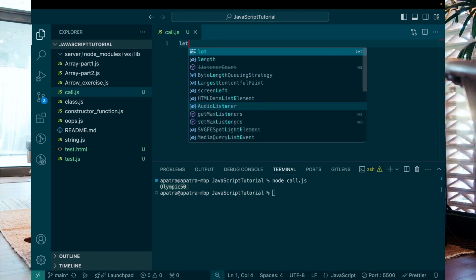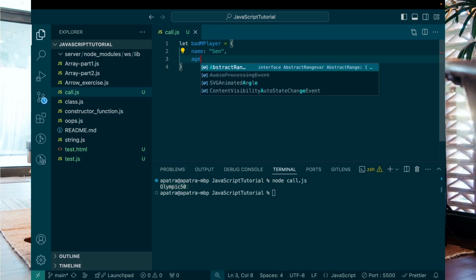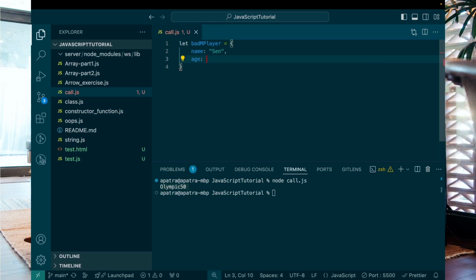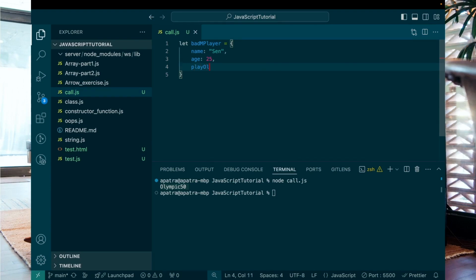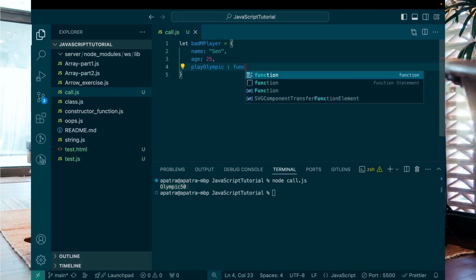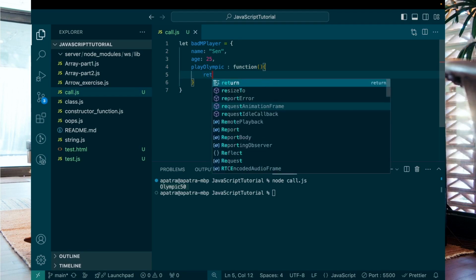So first of all, if I have an object like badminton player, in here I'm just giving name: Sen, then age: 25, then giving a function, then I'm just returning